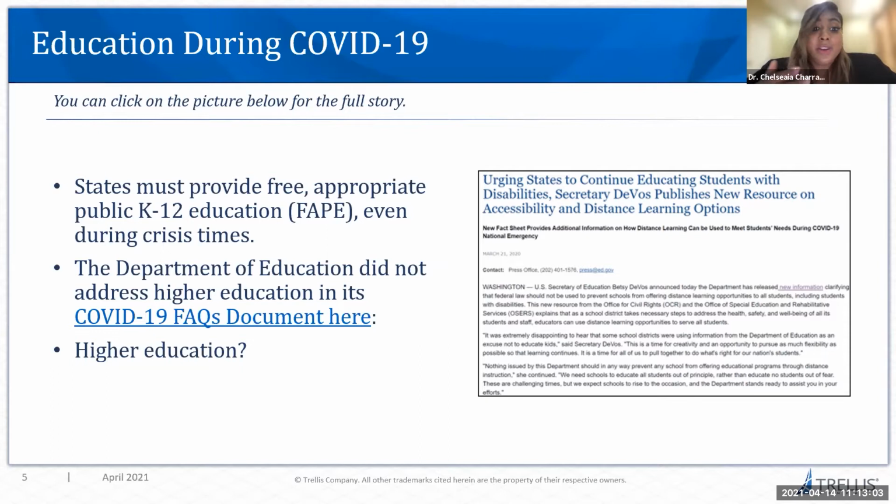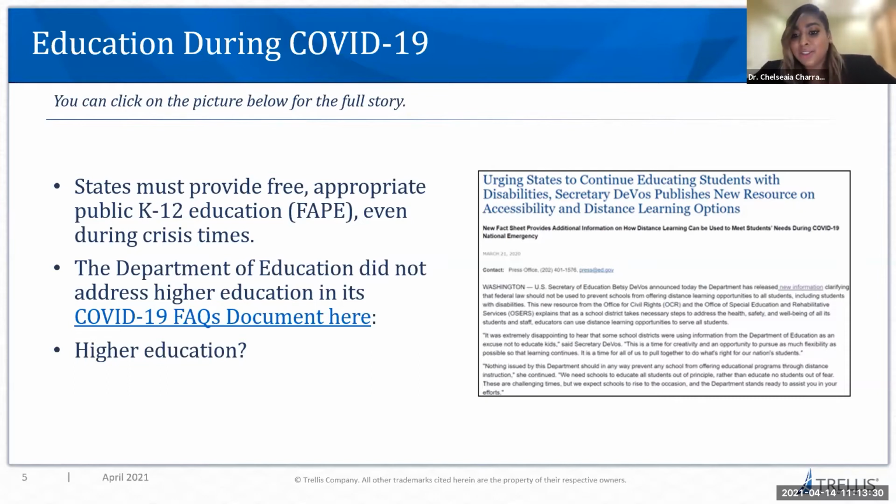Now, it's really great that they were talking about ensuring compliance with the Individuals with Disabilities Education Act, so IDEA, and Section 504 of the Rehabilitation Act, as well as Title II of the Americans with Disabilities Act.